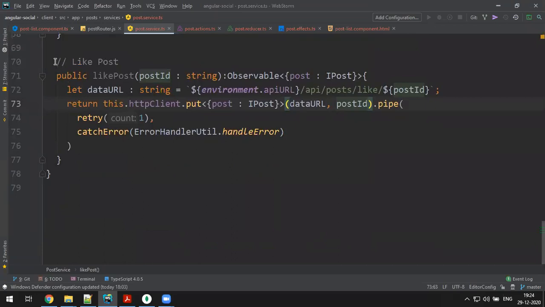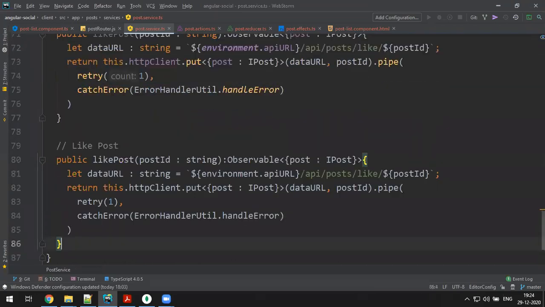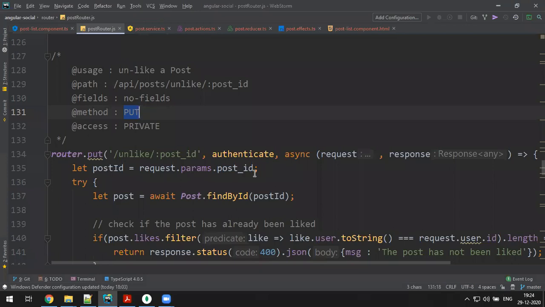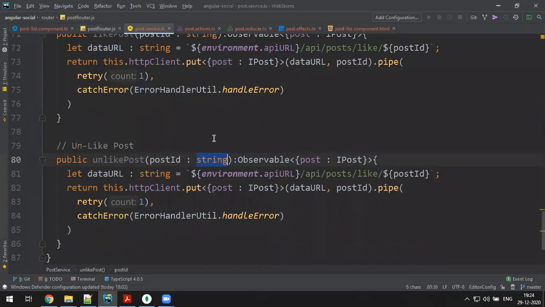Same way, create one more. I'll do all together, both together. Yeah, this is for unlike a post. This is for unlike post. Post ID path will be the same. Last few minutes, we'll wind up the whole course, I mean whole application. Unlike, copy.